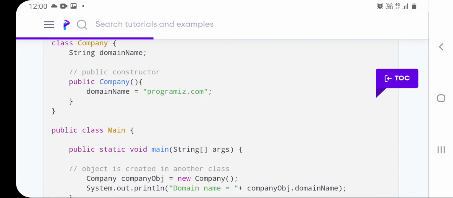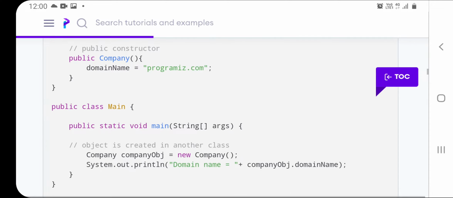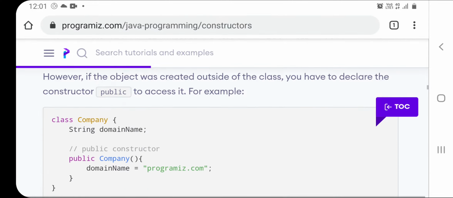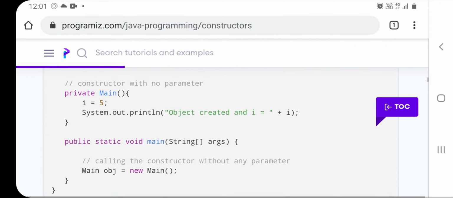A class is created separately. Now you see, we have a separate class for main, the public class main. A separate class for the public static void main, the main function. So the object is created in another class. In the last example, what did we see? We had only one class and the object was created inside the class. Public static void main also came inside the same class. Whereas here we have two different classes. You can see the difference.